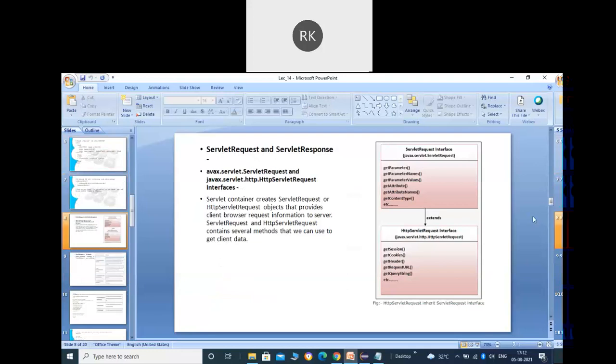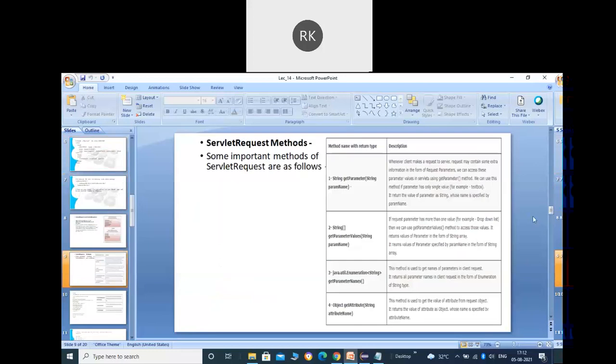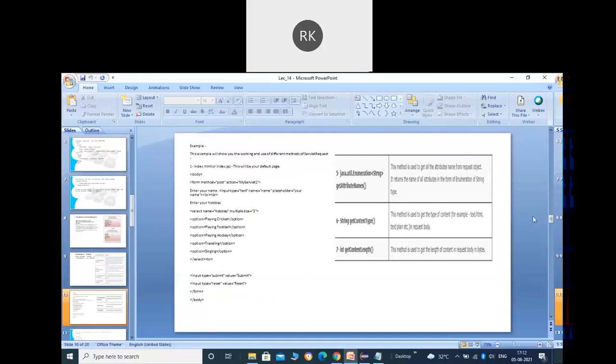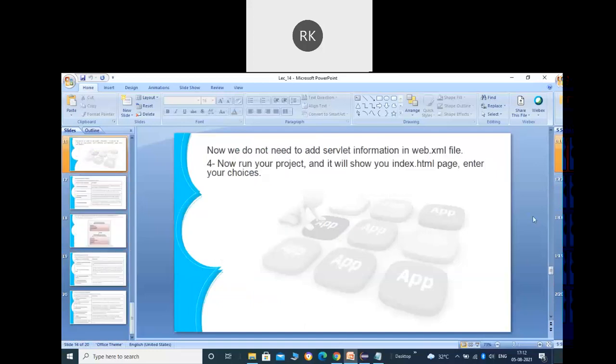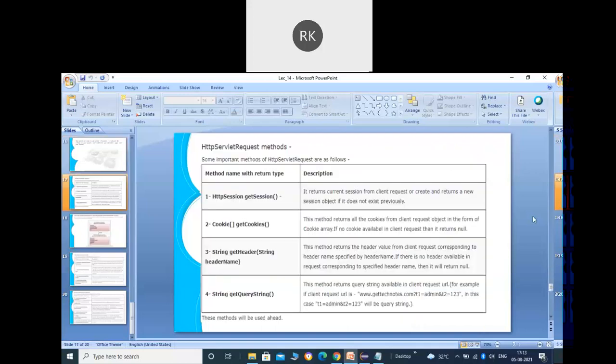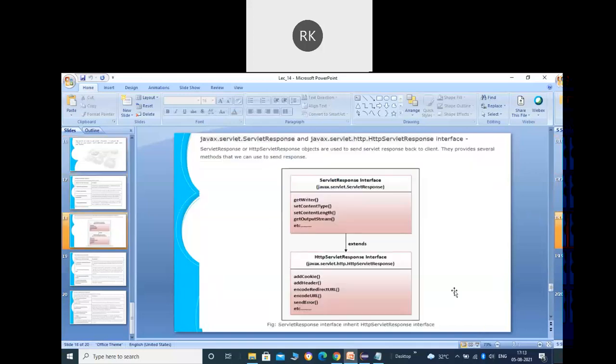If any one of you is having any doubt in this lecture, then please let me know. So here we have seen the servlet life cycle. We have seen the concept of the welcome file, and how we can set the default file for our project. After that, we have seen the servlet request and the servlet response, and also their children, HTTP servlet request and HTTP servlet response. We have seen an example of the servlet request and the methods available to it. The servlet response methods we have already used, and the additional ones we'll be using in future.